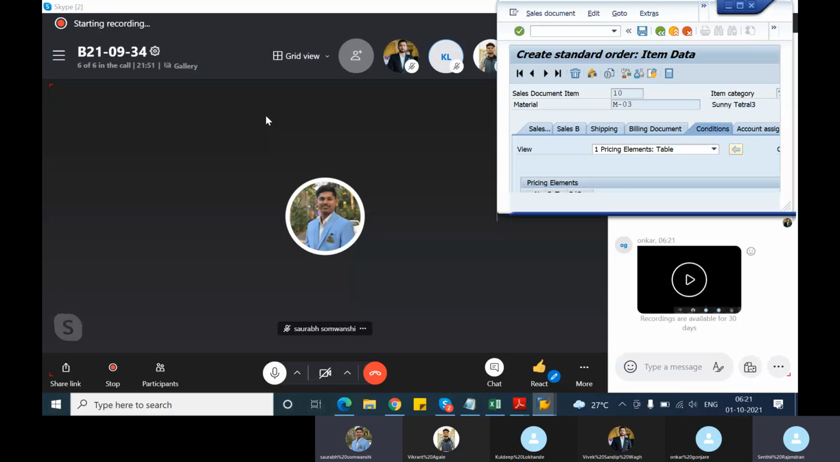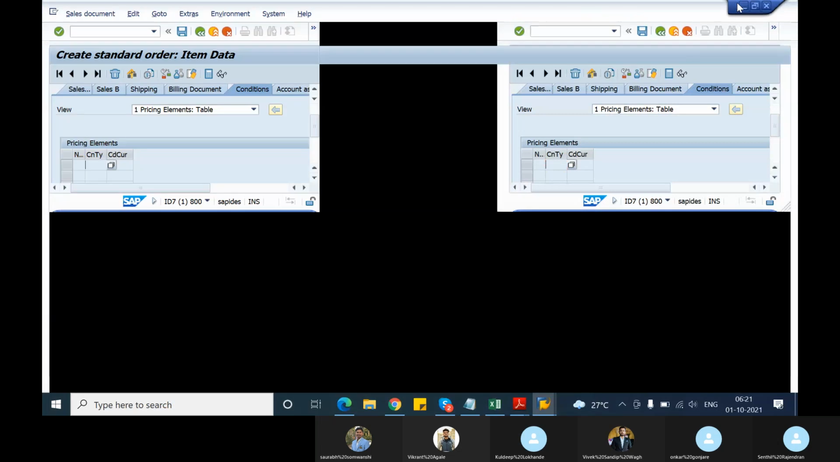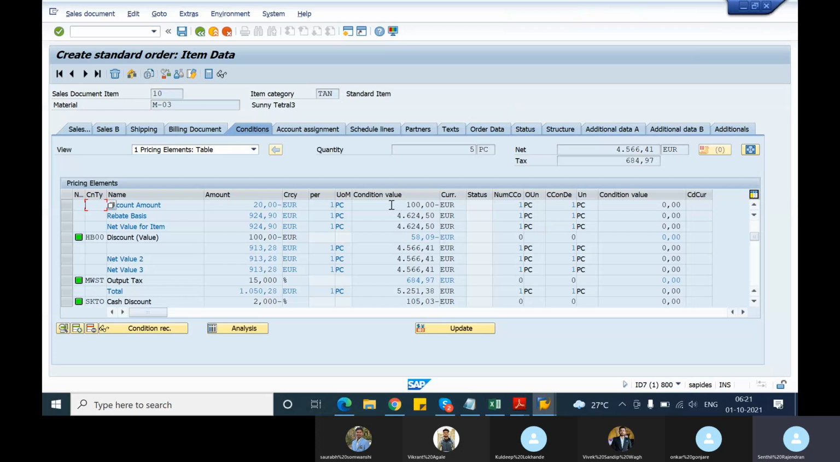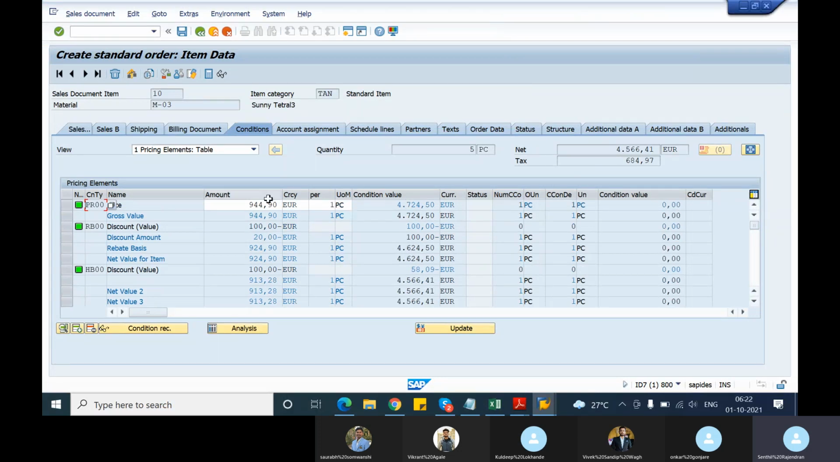So now we saw how this, and that's what I was trying to tell you. So this is the condition value. So this is the price of the individual piece. So into 5 we get this value, and to this value this absolute discount of 100 is getting reduced, and again to this value this discount gets reduced, and finally we get the net value 4566.41, and to this